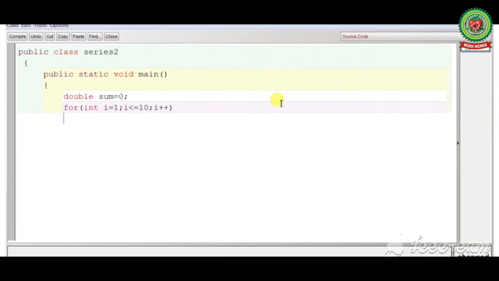Enter, curly bracket start. So we will write sum is equal to sum plus i upon Math.sqrt, that is square root of i, round bracket close, semicolon. Now curly bracket close.